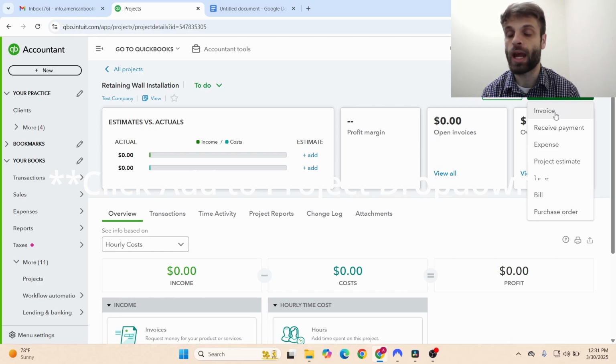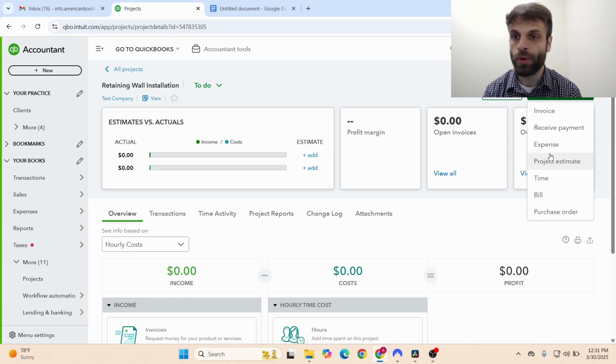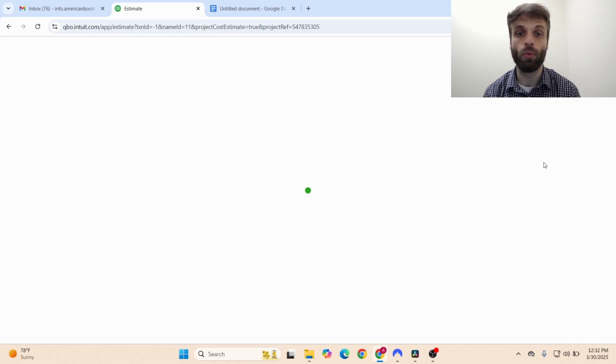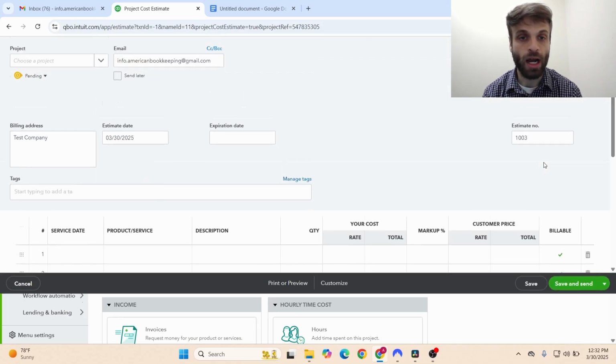So you'll see we have a list of things that we can do. We can create an invoice, we can receive payment, we can create an expense, we can create a project estimate, we can add to time, we can create a bill or a purchase order. So we will create a project estimate and we'll walk through that with you guys just to show you how